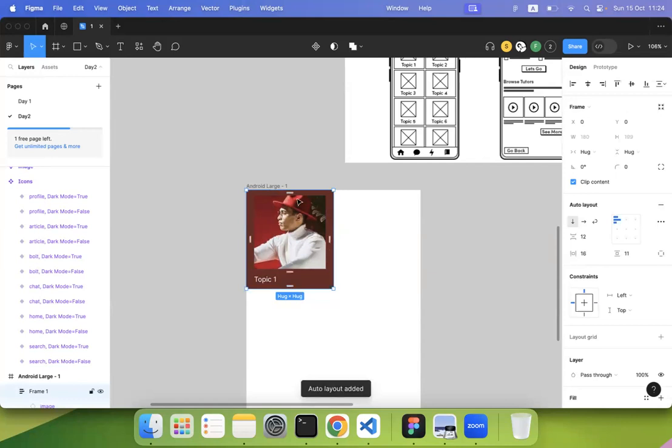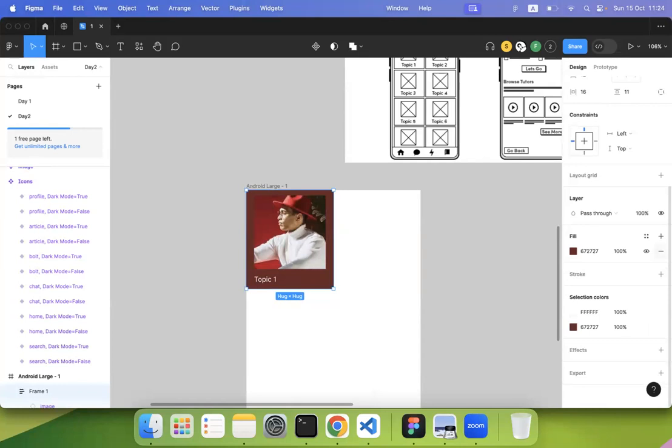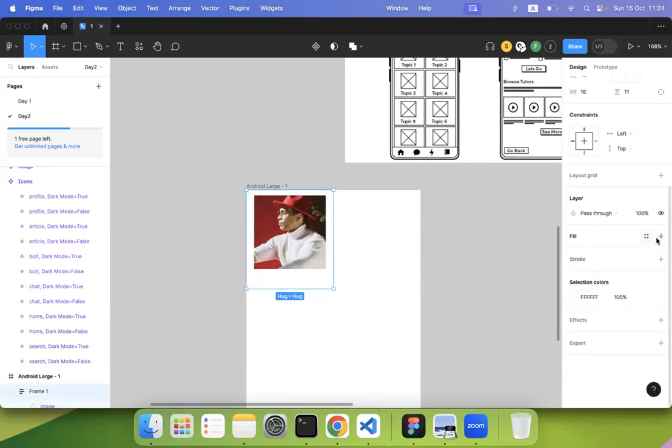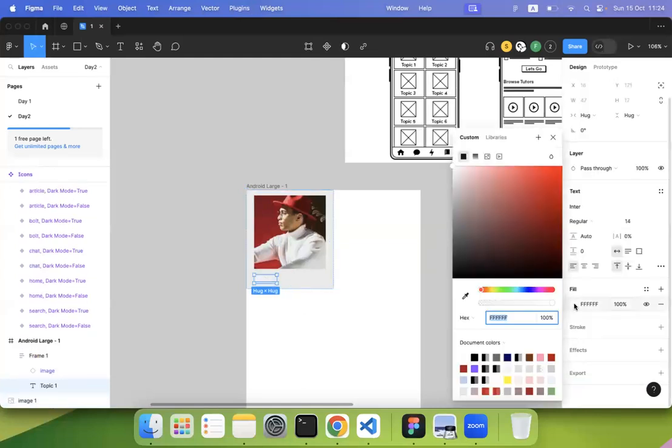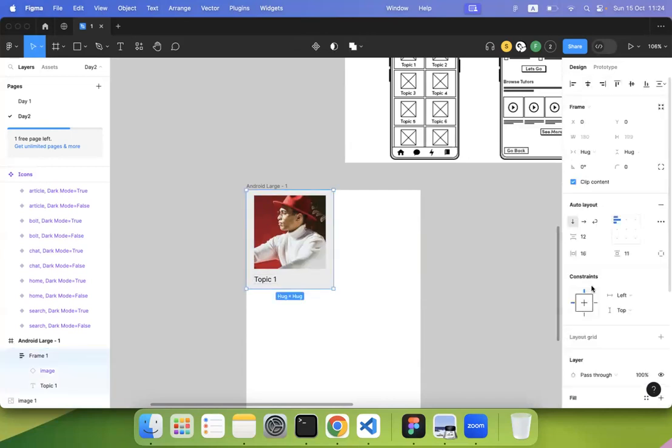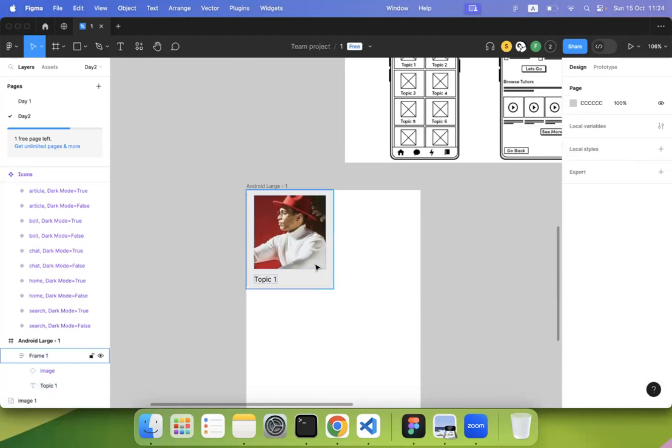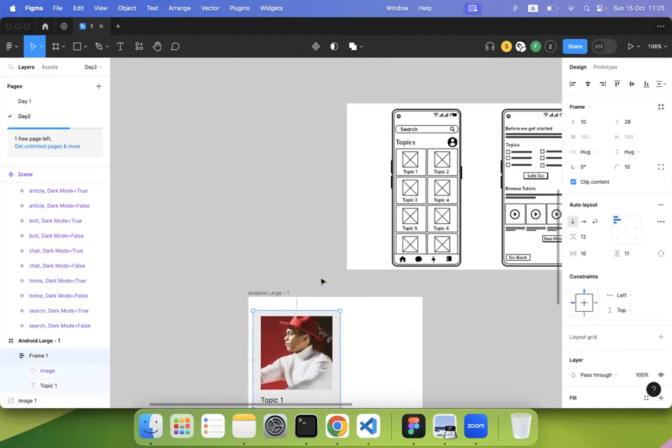If we make it auto layout, it will align to the left side automatically. So let's remove the background color. Let's give it a different background color, a little bit lighter one. And the font color should change to black. And the border radius, we make it 10. We have this